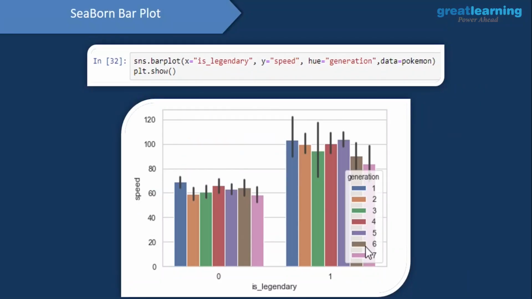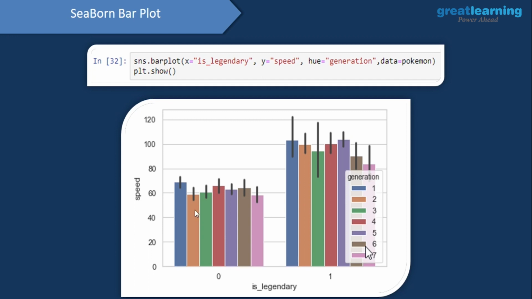Now, we can also go ahead and determine the color of these bars on the basis of a column, and we already know to do that we'll be using the hue aesthetic or the hue attribute, and I want the color to be determined by the generation column. So this time I'll be mapping the generation column onto the hue aesthetic. And as you see, we have 7 generations over here, starting from generation 1 going on till generation 7. And since we have 2 different legendary statuses, 0 indicates that the Pokemon is not legendary, 1 indicates that the Pokemon is legendary. For these 2 categories, I'll have 7 bars each.